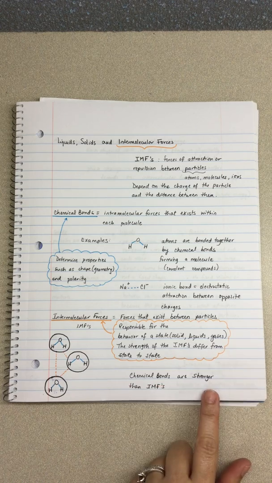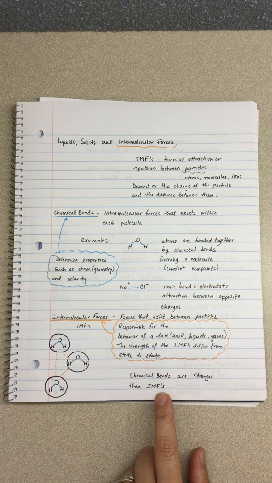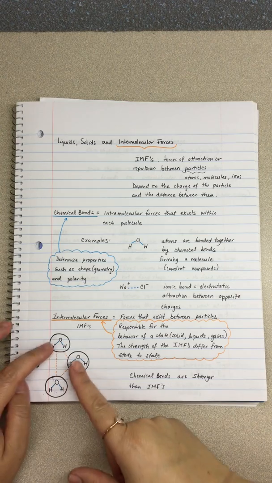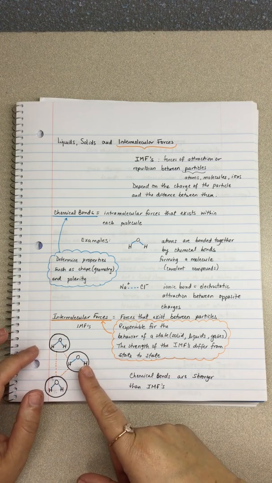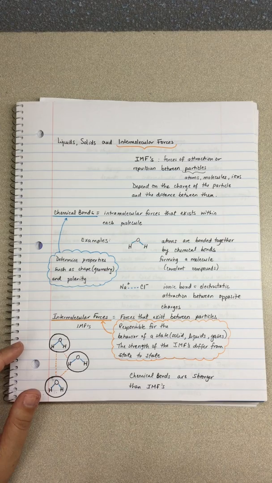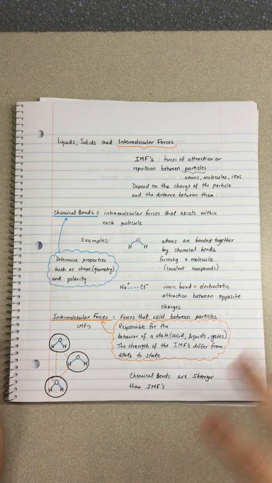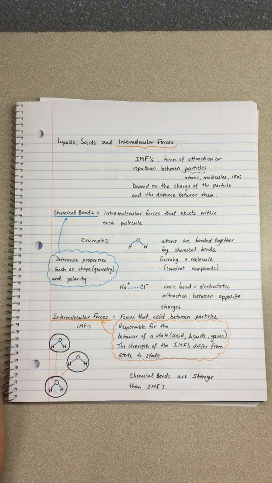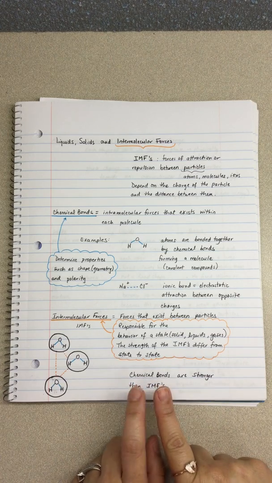Now, your chemical bonds are stronger than your intermolecular forces. We can actually break intermolecular forces by changing temperature. You can evaporate water. Water goes from a liquid to a gas by increasing the temperature. You're not changing the composition of your water molecule. Your hydrogens and your oxygen atom are still chemically bonded when you go from a liquid to a gas. So there's no breaking of chemical bonds. There's breaking of your intermolecular forces, but not chemical bonds, which means that your chemical bonds are stronger than